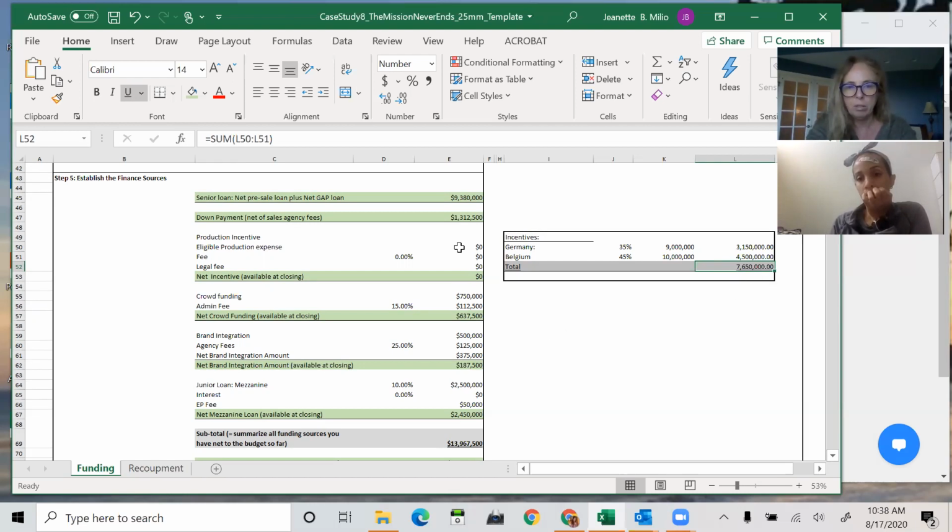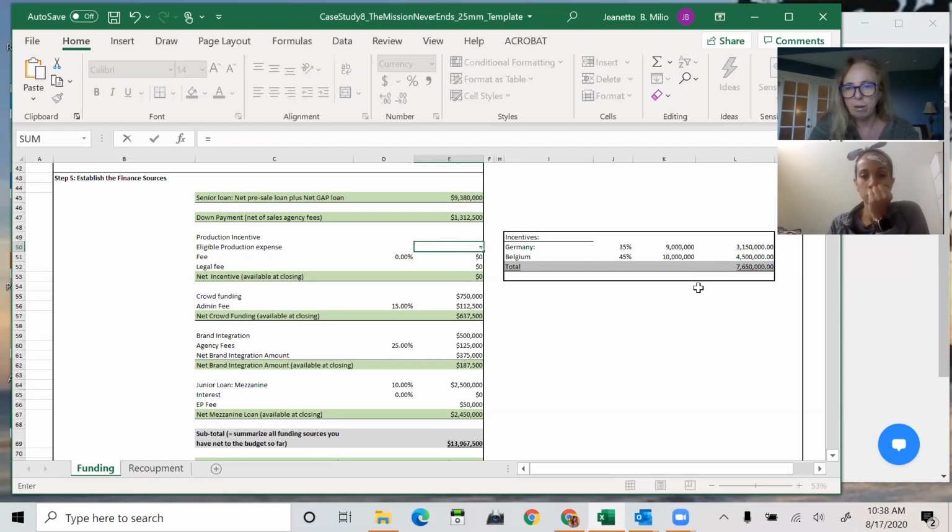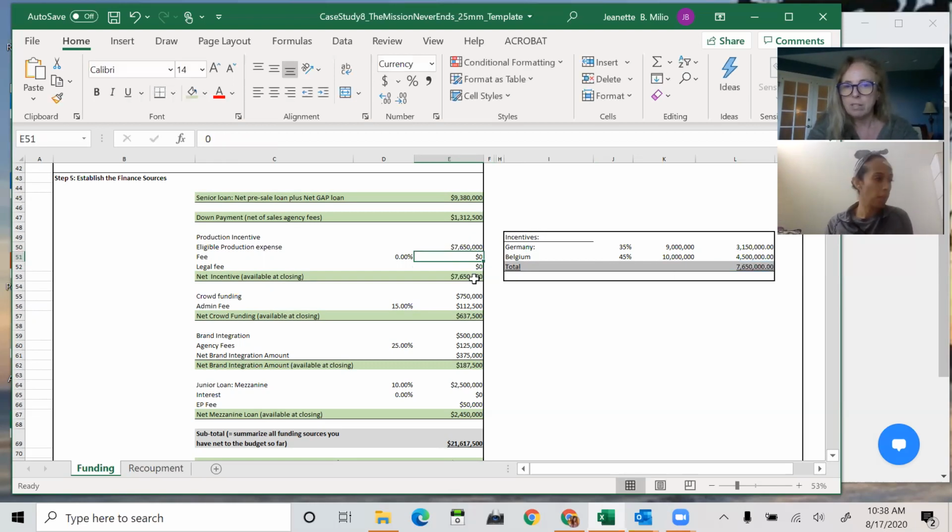So I go back in here and I put that in there. I can either write it in there or put it in there, it doesn't really matter. There is no fee mentioned in any of the studies, and that's because you're not going to have a fee. You don't need to cash flow your tax credit in these European countries, by the way. They will pay them to you as you go through production. So you're not going to need a lender, which is why you're not going to need a fee associated. So you get the full credit.